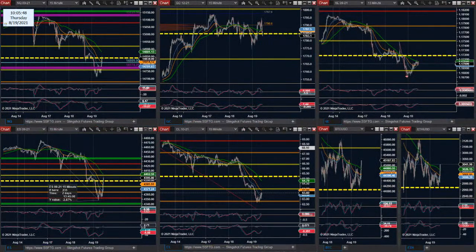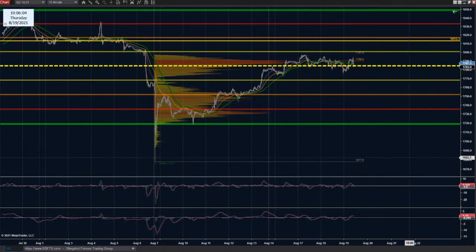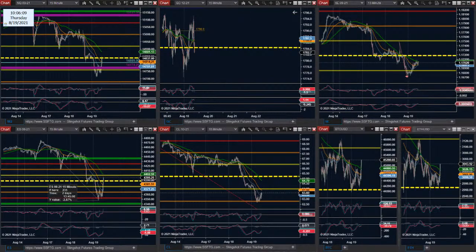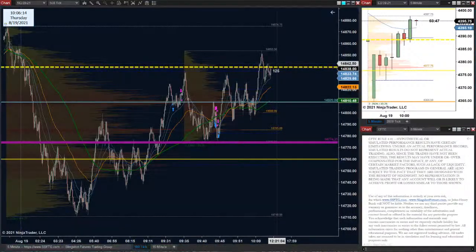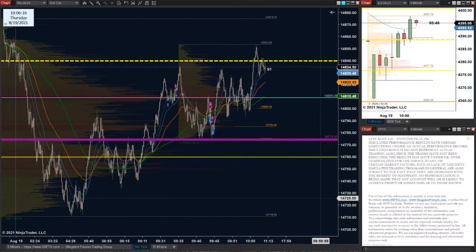Looking across the field here and seeing what's going on, we do have a fairly decent little bounce off of the Bitcoin and Ethereum lows on settlement. That's really about it. Gold's kind of pinging back off of that 1790 POC area and rejecting back down. The bulls had their chance and now they've lost it. That's going to be a problem. And it certainly doesn't help gold being able to fall with the market going up.